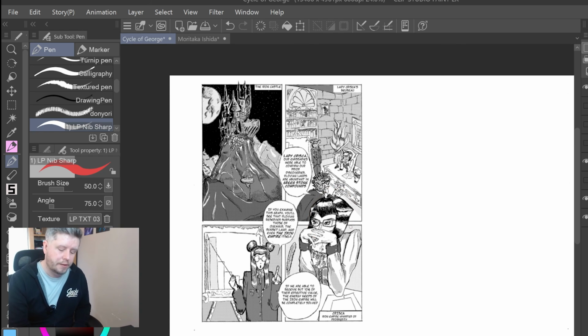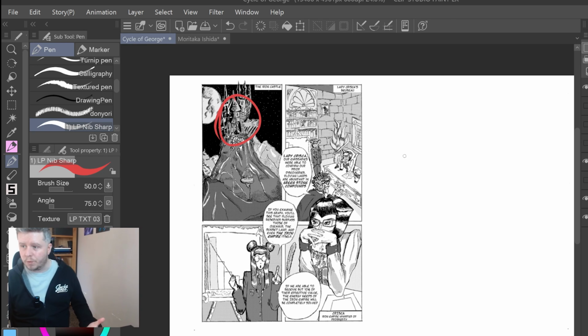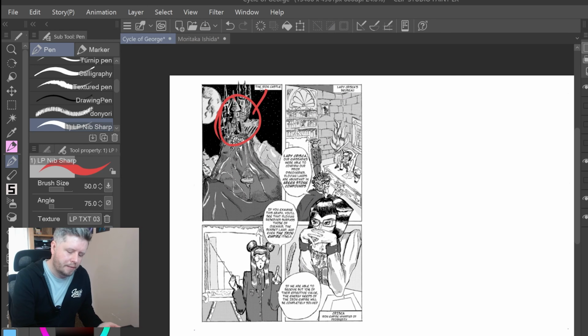So I lean into that more, but I absolutely wouldn't do that. And the reason why I wouldn't do that is because it's interfering massively with what's going on in this panel here. So if you think about how the audience are gonna experience this page, right? We start here because it's a cool castle on a mountain, right? Everyone's gonna look at that first,